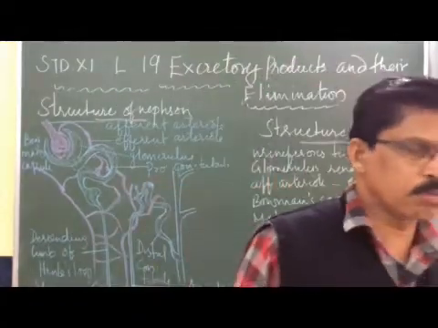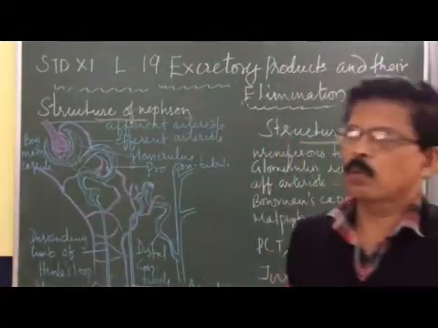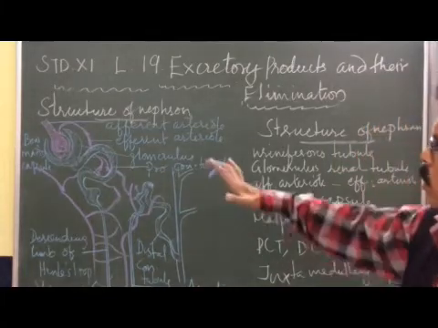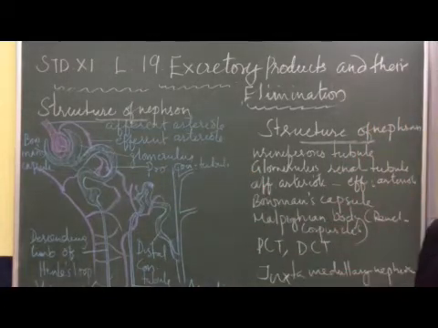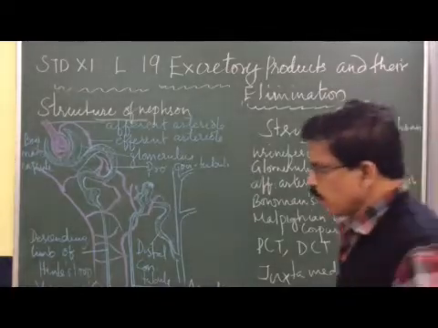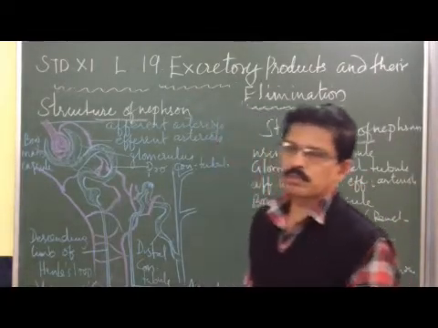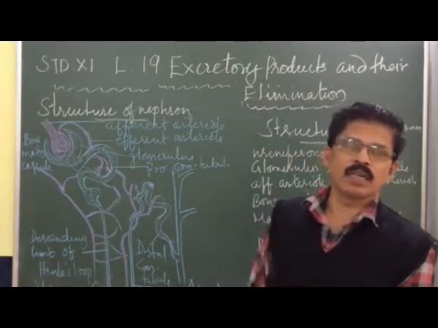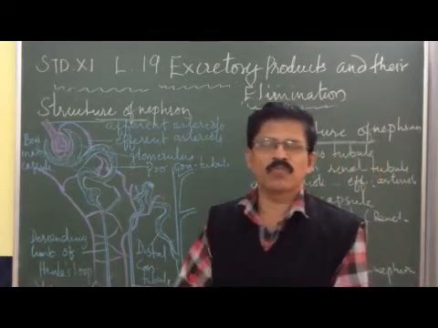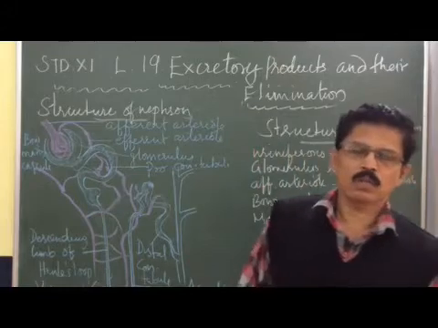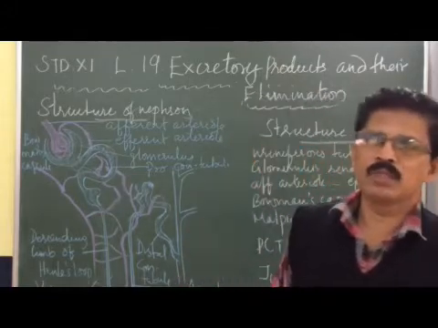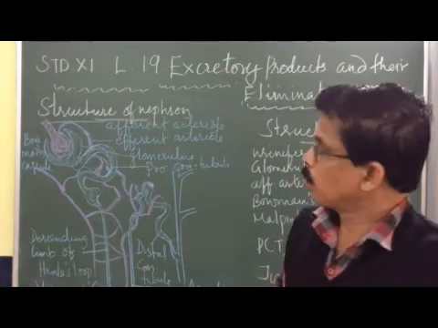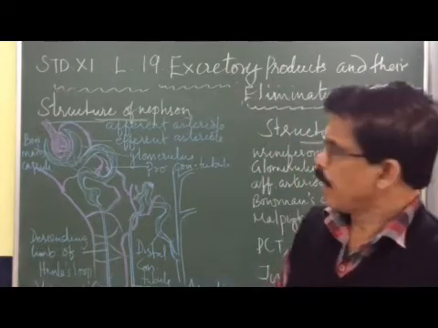We are continuing the chapter excretory products and their elimination. In this third video, we are discussing the structure of nephron in detail. Nephrons are highly coiled tubular structures found in each kidney. In each kidney, you can see 10 lakhs or 1 million nephrons. The nephrons are so minute that they are invisible even with a powerful microscope, but you can learn the structure